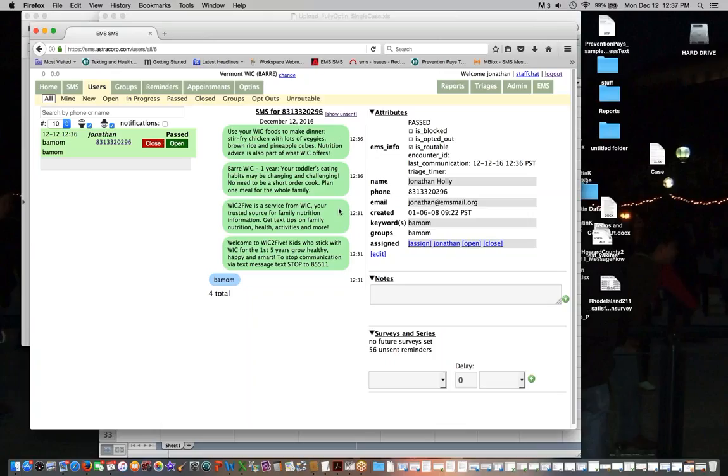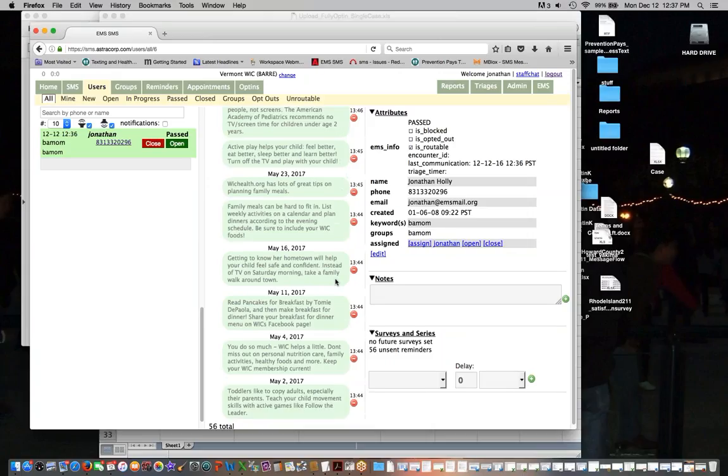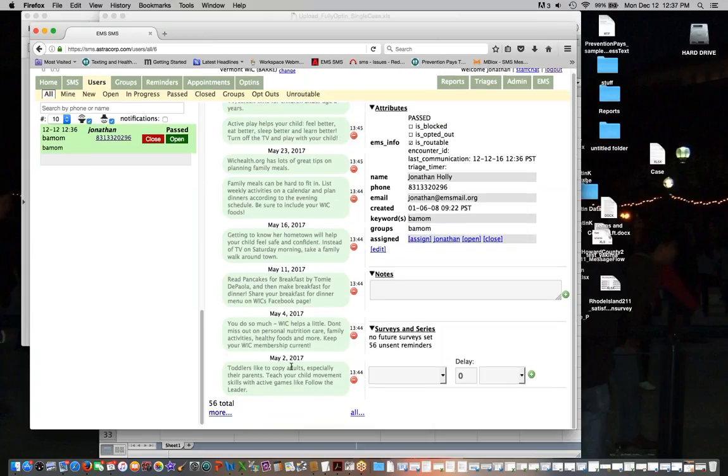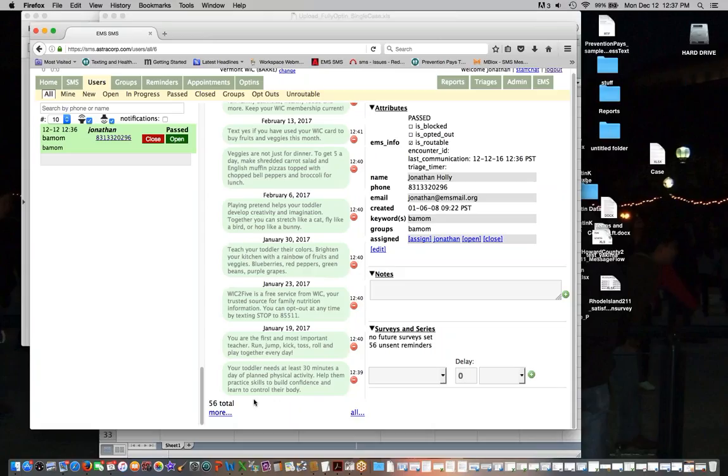And if I want to see those 56 unsent messages, I just click this tab right here, this little link right here. See, show unsent. This shows me all of the messages that are queued for the delivery. And why are they grayed out? Because they haven't been sent yet. And I click more, and I can go and scroll and see all of them. Look at that. So we get to see all of them as they're scheduled to go out